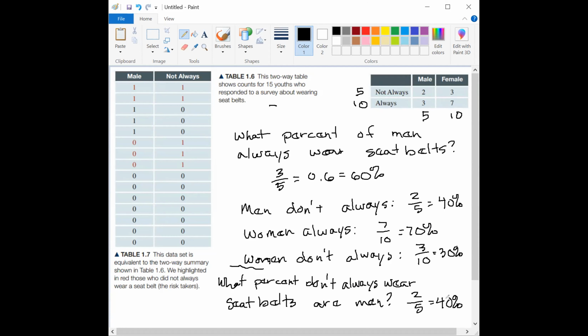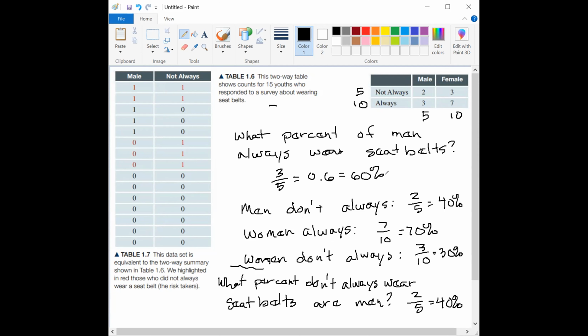All right. Now, we're not really interested in answering that. I think the top part here answers the question. And what is that question? And that is, is there a difference between men and women when it comes to wearing seatbelts? And the thing that we can look at, and this is obviously a very small data set, a small sample size. We'll get into sample sizes and how important they are when it comes to making generalizations. But this is obviously a very small number of people, so it'd be hard to use this sample to say anything about all men and all women. But from the data in this sample,